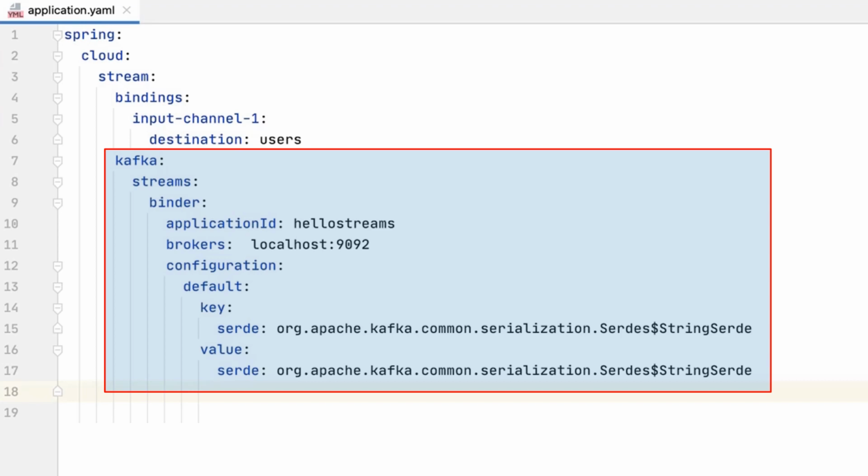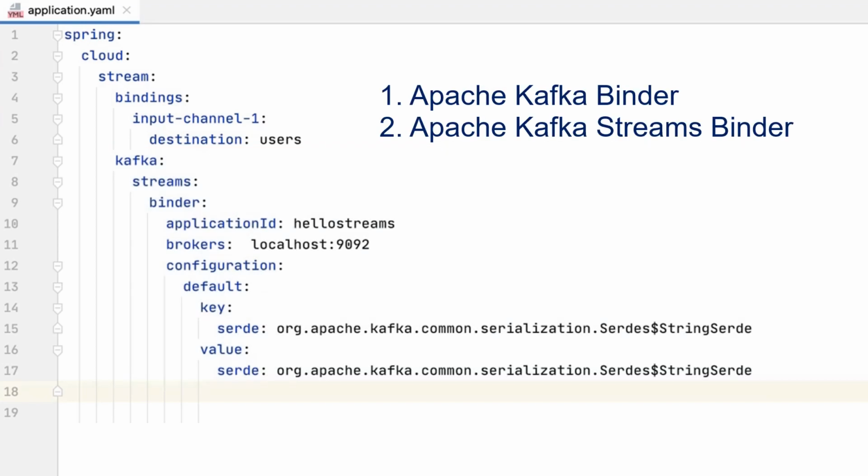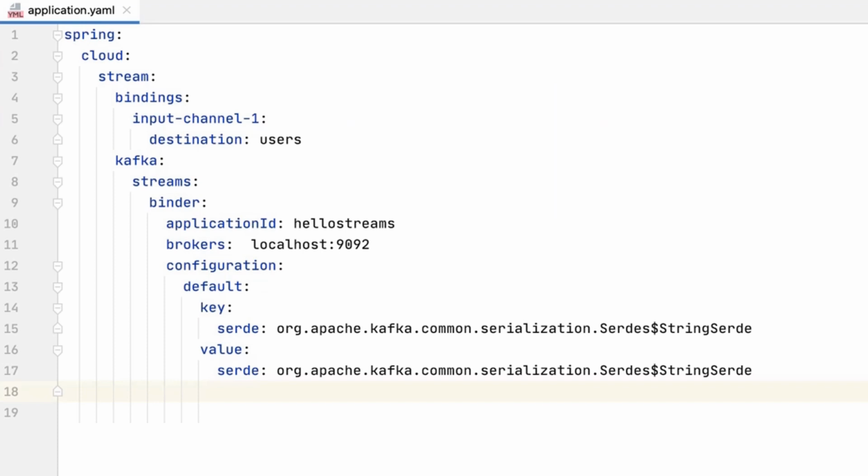This course is about Apache Kafka, and Spring Cloud offers you two types of Kafka bindings: Apache Kafka Binder and Kafka Streams Binder. The Apache Kafka Binder implements the Kafka client APIs. The Kafka Streams Binder is explicitly designed for Kafka Streams API. In this course, we will be focusing on Kafka Streams Binder. Great. Now let's look at the configurations.